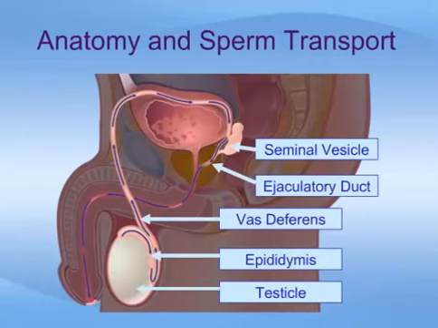Before describing the reversal procedure, let us first briefly review the male anatomy and sperm transport. Sperm is made in the testicles, or testes, which sit in the sac of skin called the scrotum. This figure shows the path of sperm as it